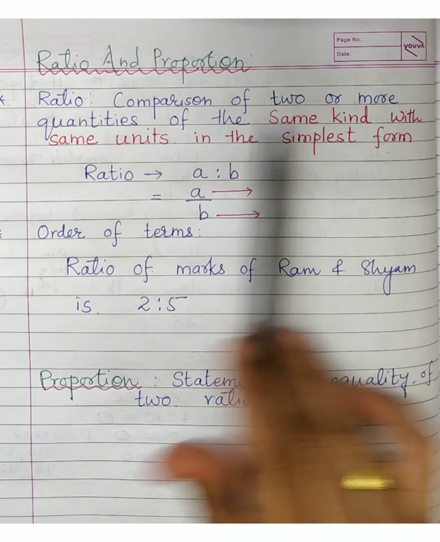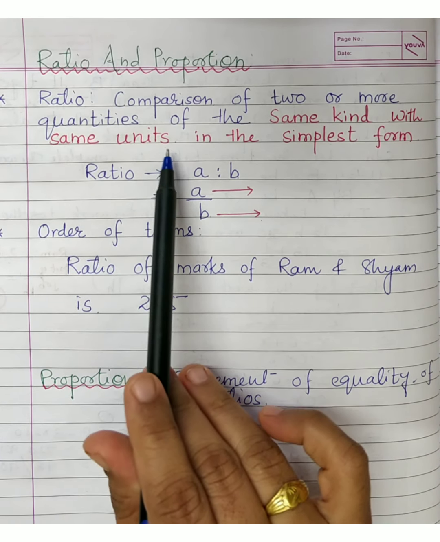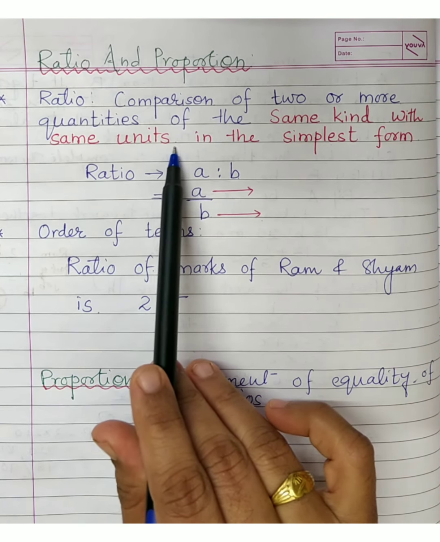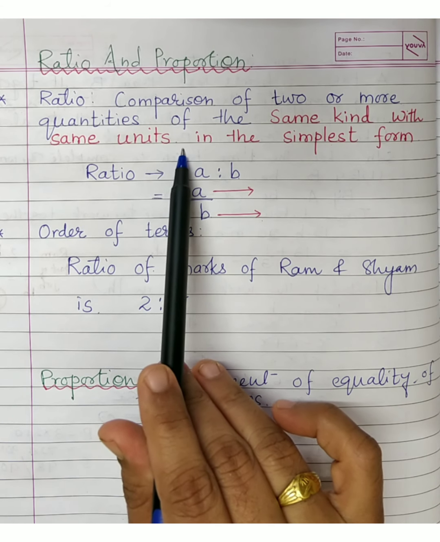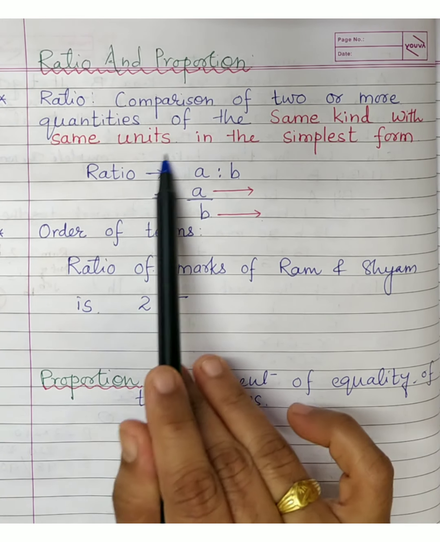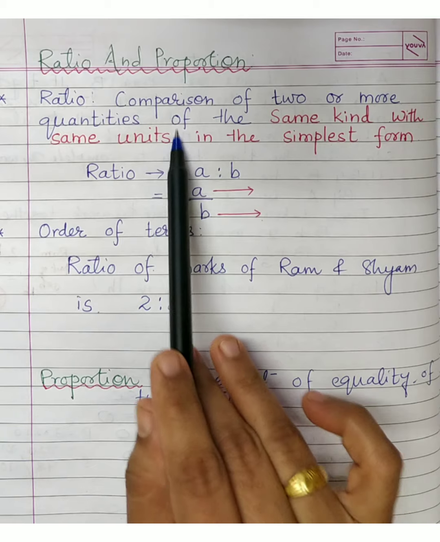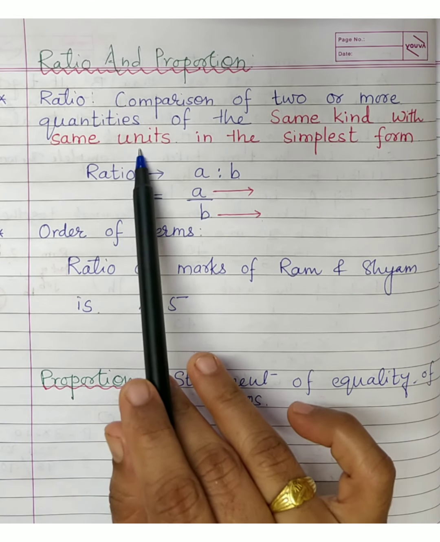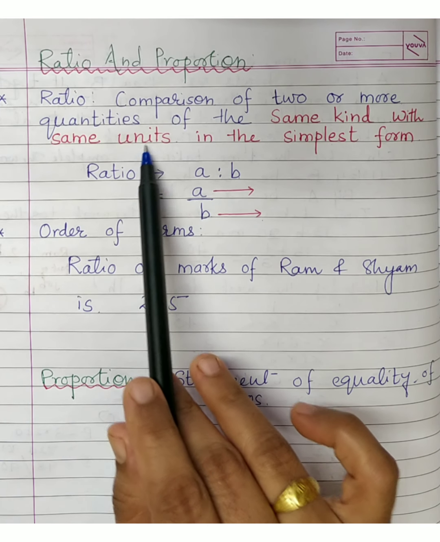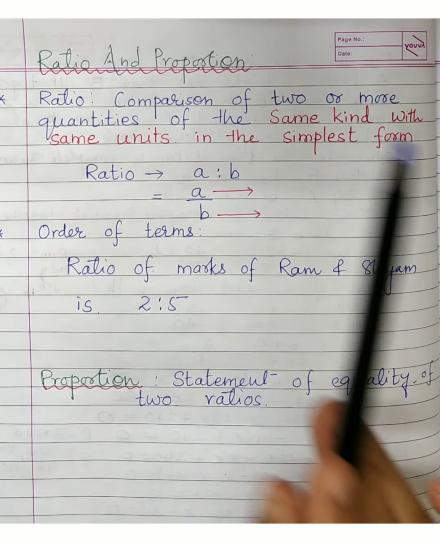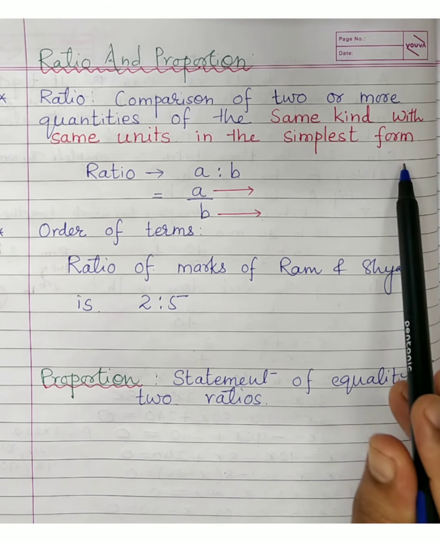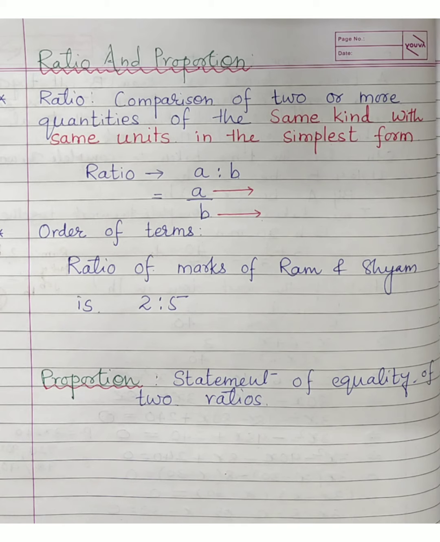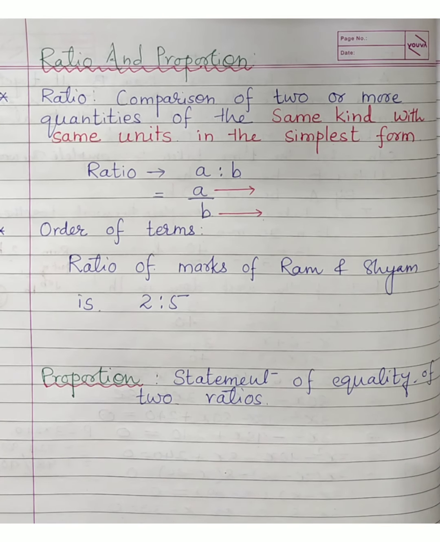In that same kind, they should also have the same units, na? Somebody stays say 1 kilometer away and somebody's house is just 1 meter apart. So we cannot say the ratio is 1:1, right? Though they are the same quantity, length, their units are important. They should be the same. Then only you can write them as a ratio, then only you can compare. And it should be written in the simplest form. It's a fraction and it has to be in the simplest form. Simplest form means all common factors are cancelled.